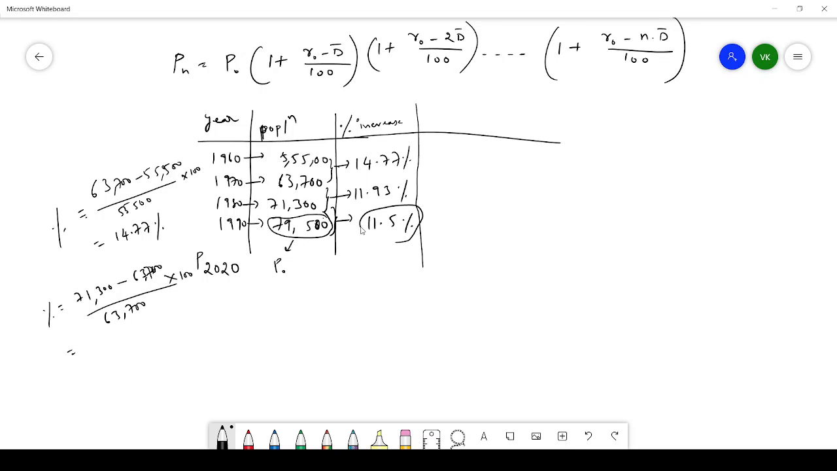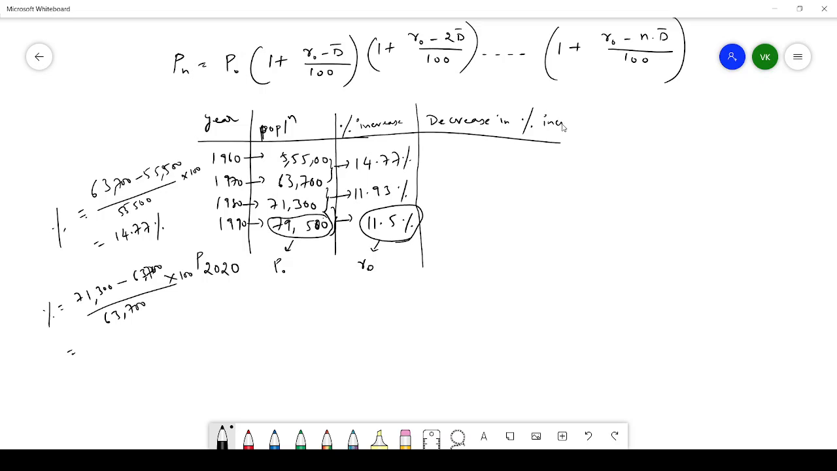R naught is this one, the latest percentage increase in population. These are also percentage increases in population, but this is the latest percentage increase in population. So R naught is this one. And then you have to find the D bar. What is the D bar? Decrease in